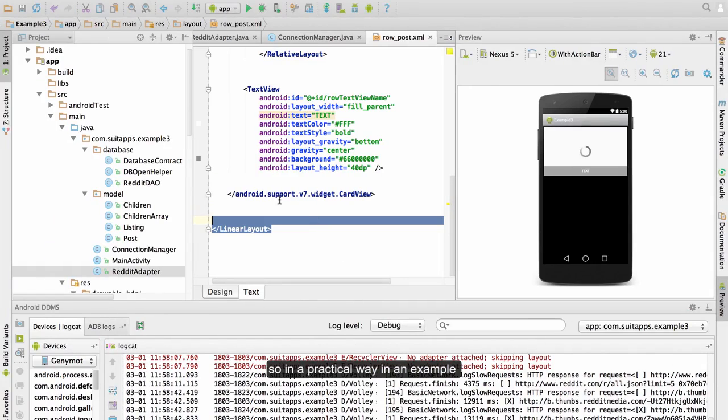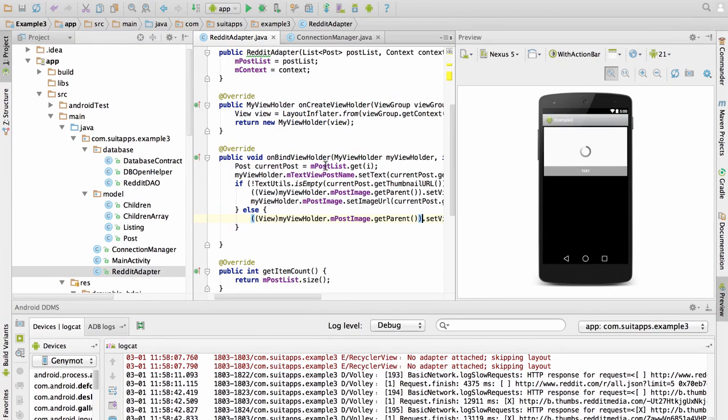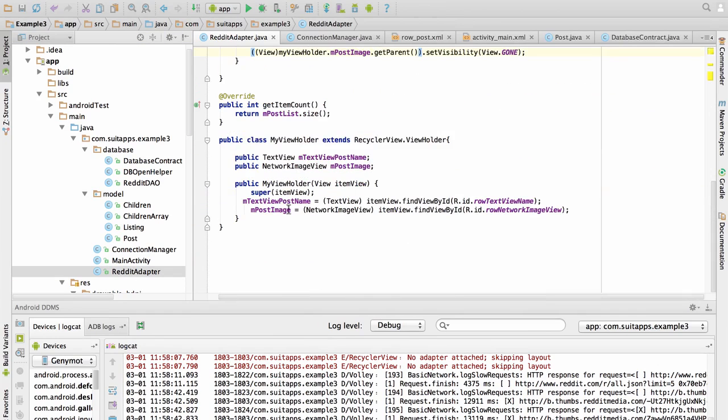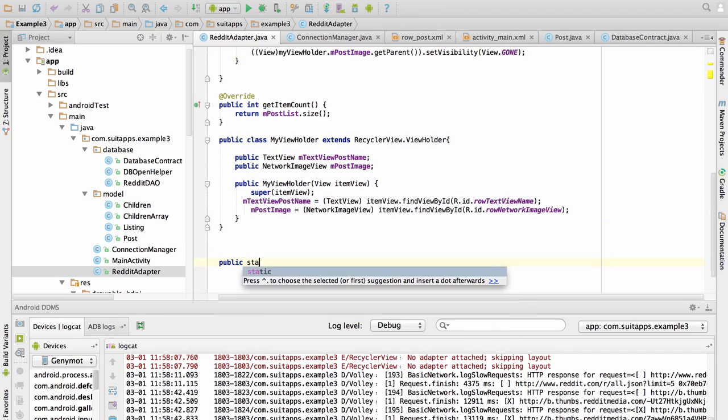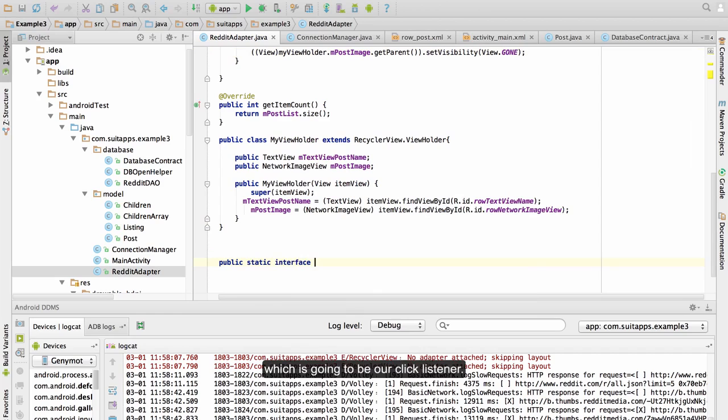So in a practical way, in an example, what we are going to do is create an interface in our adapter, which is going to be our click listener.